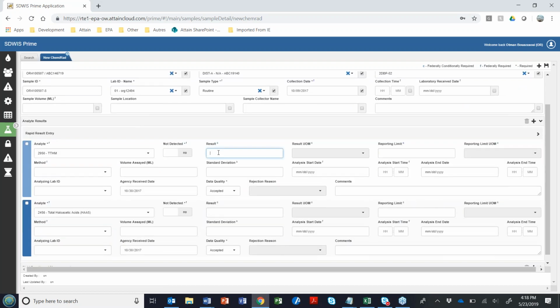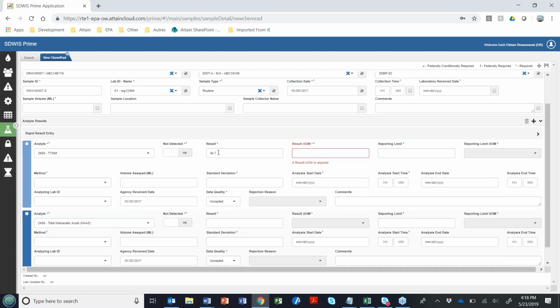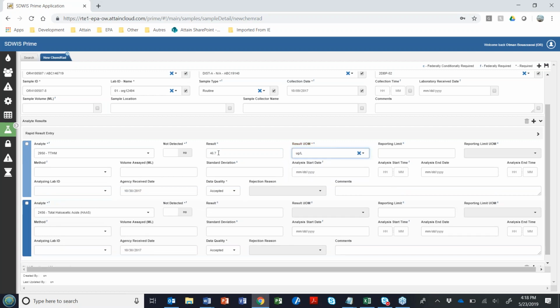Add analyte. So for the last sample, if you're following on that table in test case 37, I have 46.7 for TTHM and 21.8 micrograms per liter for HAA5. Received on the same date.